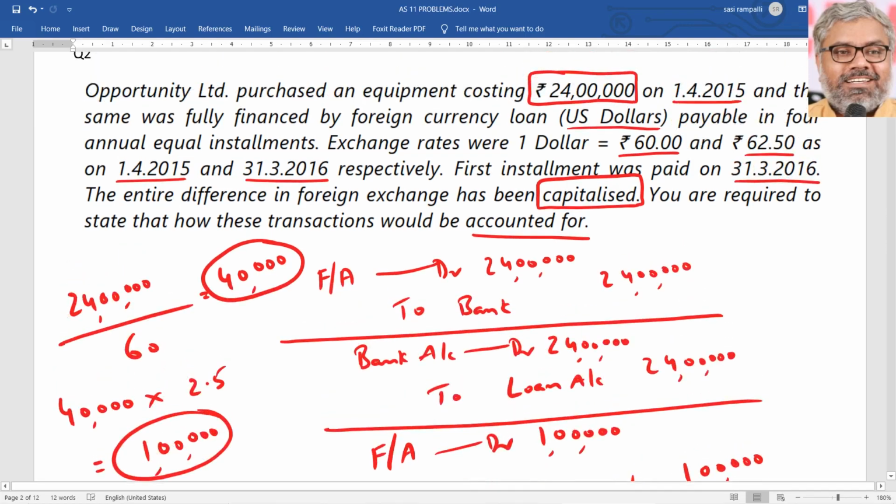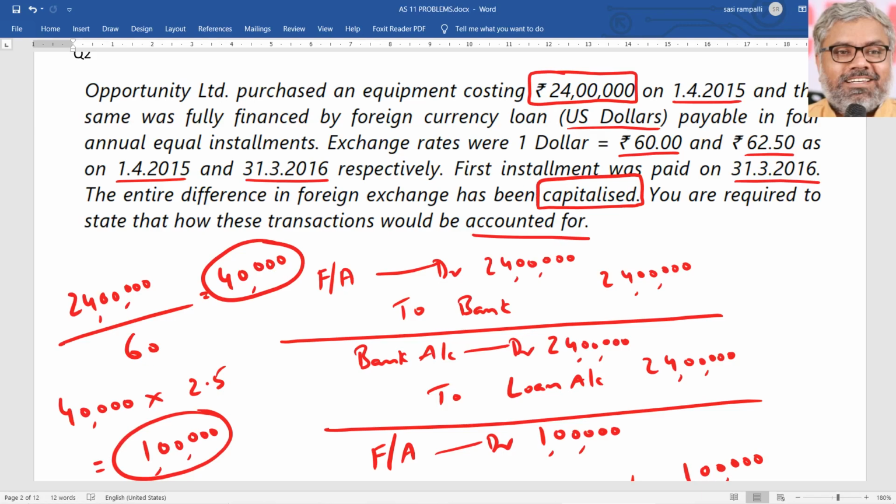Because once again, it is a monetary item. For a monetary item, there was a clear chance of charging the exchange gain or loss to the profit and loss account. This fixed assets capitalization is a choice. FCMITD is also a choice. But charging to the P&L account is the basic treatment. For anything, the basic treatment is that. If nothing is mentioned, any exchange loss or any exchange gain will always be either debited or credited to the P&L account, simple.